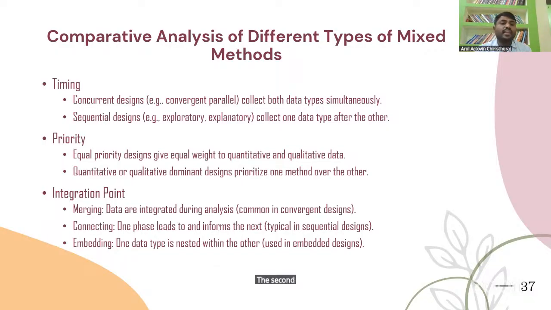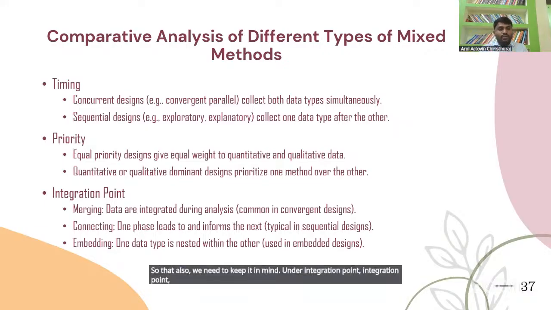The second one is priority. The priority is about the weightage, whether we want to give it to quantitative data or qualitative data. That also we need to keep in mind. And the integration point: in mixed method, there are only three things we do with the findings.